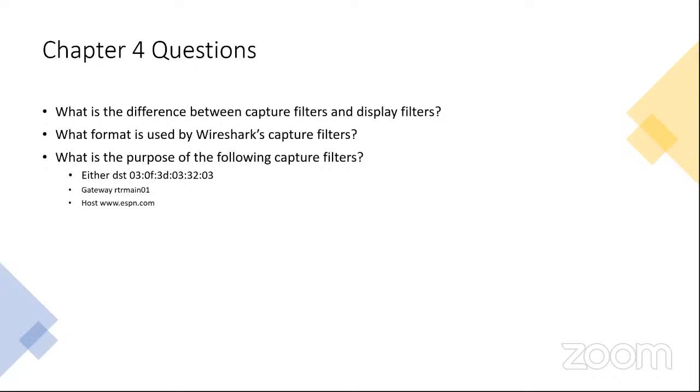If you are up on chapters 4, 5, and 6, the expectation is that you have read the materials for the week by the time we come to the study group, so that you can answer these questions. But I realize some of you, this is the first time you are taking a look at it, and then being able to determine what the purpose of capture filters is. In this case, it's only looking for the destination that has this address here, or only looking for information that's specifically over a certain host or a certain gateway. Those are the questions at the end of chapter 4.